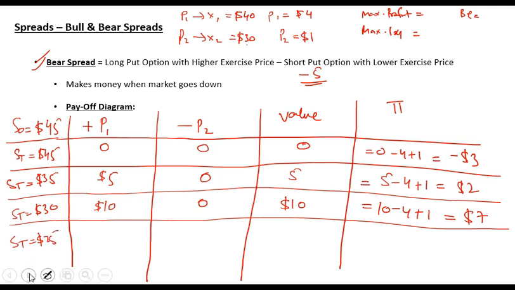When it goes to, let's say, 0, what is the value from first put option? Second, 30 minus 0, which is 30, and value, and it will be